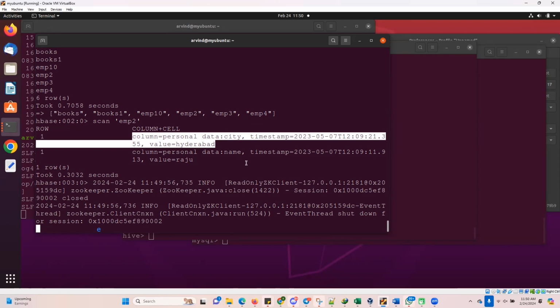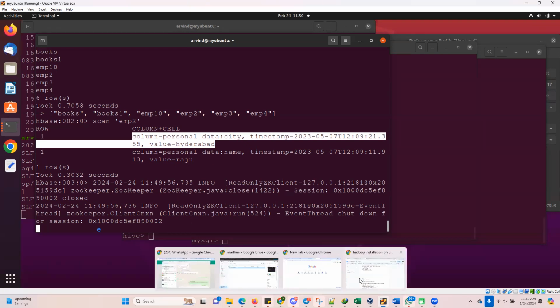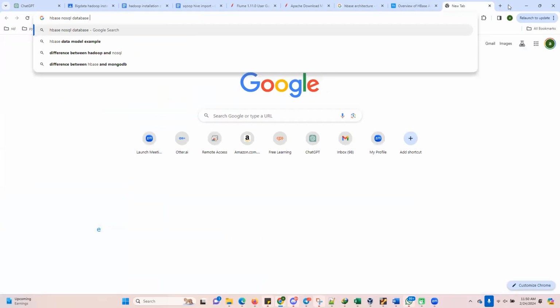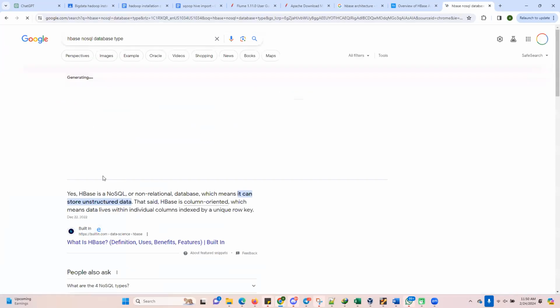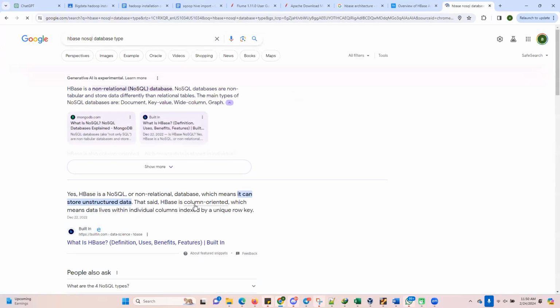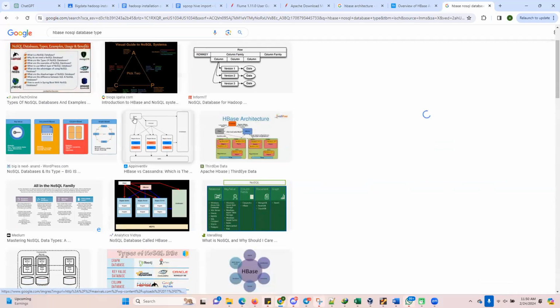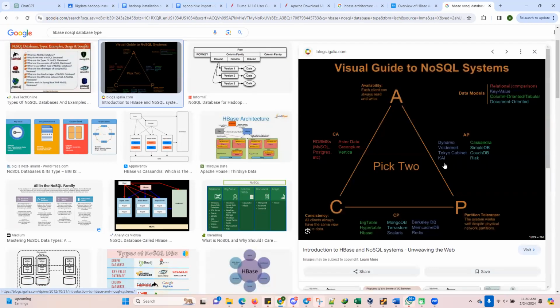This HBase is a NoSQL database. HBase is following the CAP theorem: consistency, availability, and partition tolerance. HBase is a column family type of database. HBase is a column oriented database, column family. And if I want to see where HBase lies, if you see HBase,